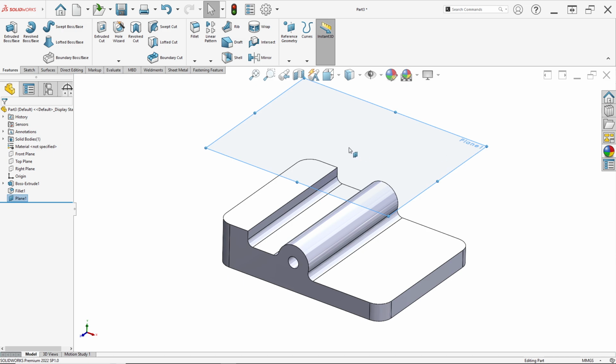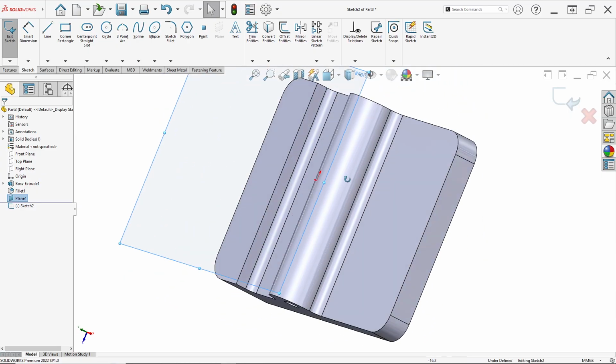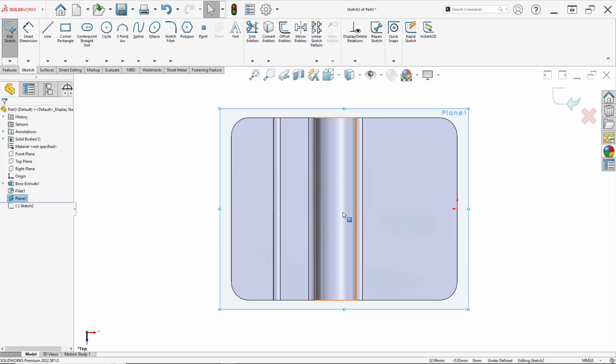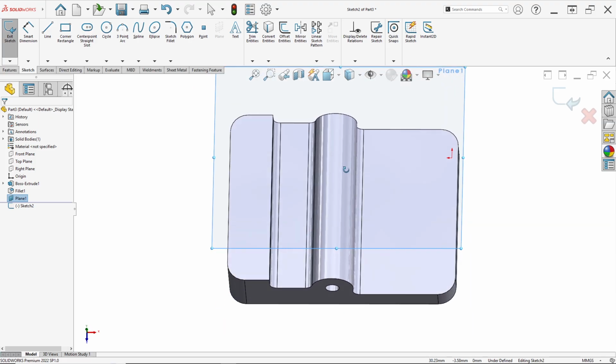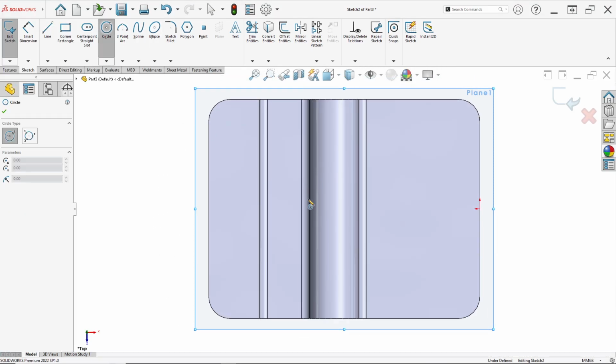Now we have the new plane. The name is Plane 1. Right click on this plane and click sketch. We can rotate the view here. Then we can draw circles here.